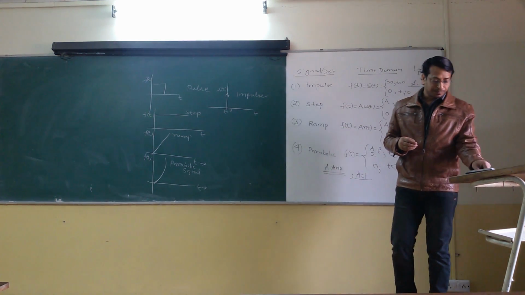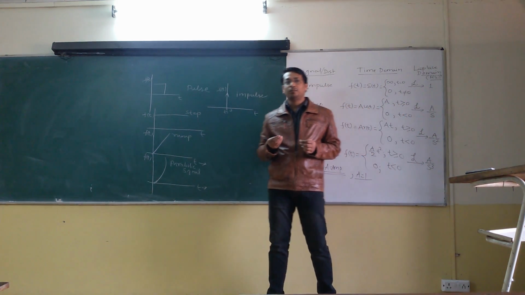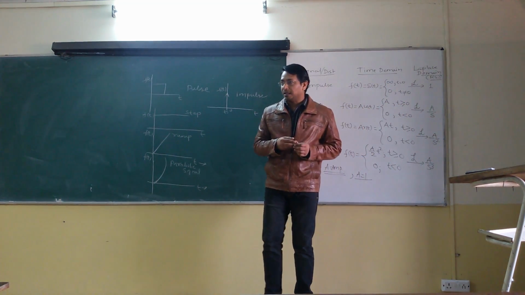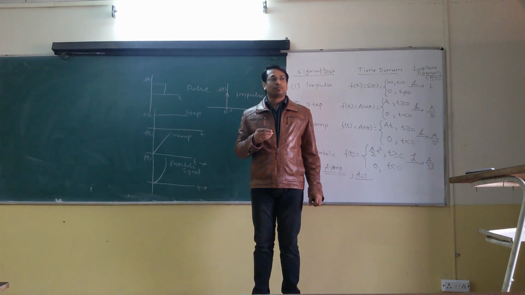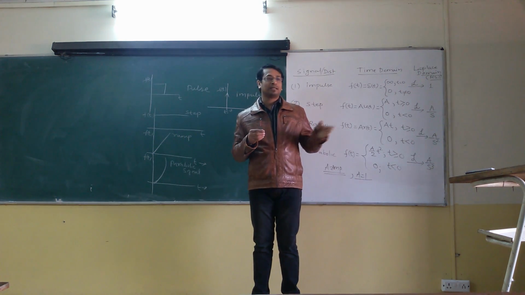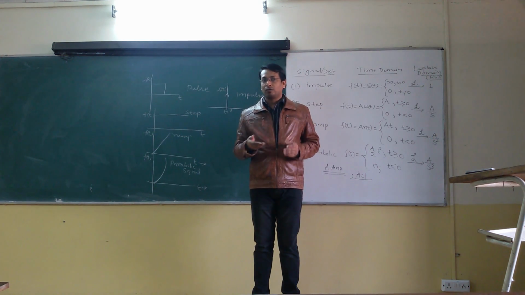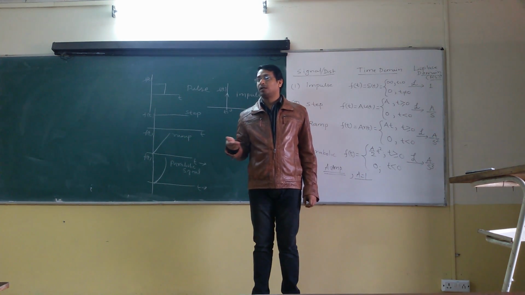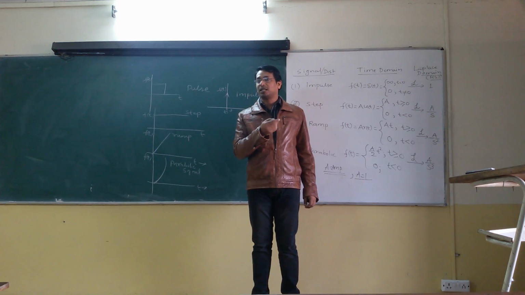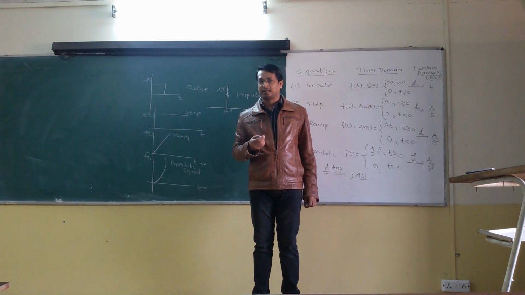Correct? Now coming to the second input. The second input was your reference input, or you can say your manipulated input. In most cases this may be known to you. For example, you have performed an experiment on the PID controller, or we are going to perform an experiment where we control the temperature of this particular classroom. In this case the set point is known to you, because you are going to set its value, somewhat like 35 or 30 degrees.